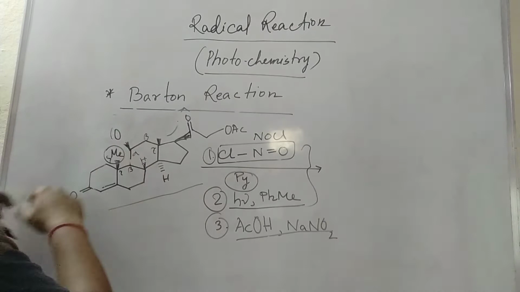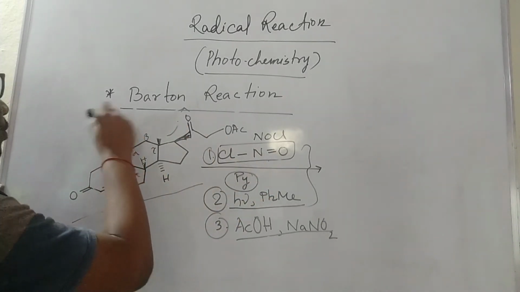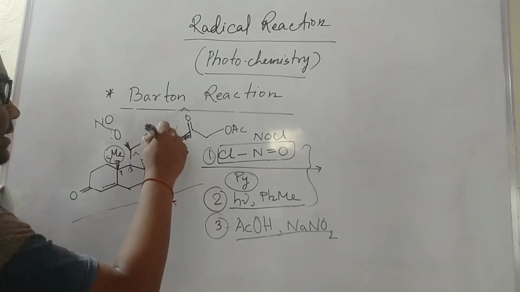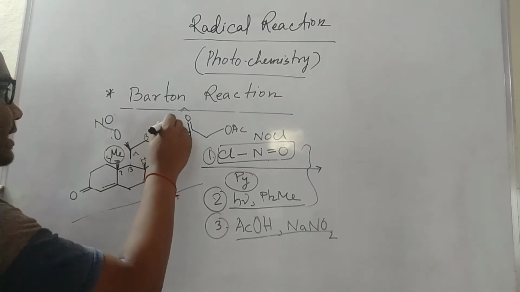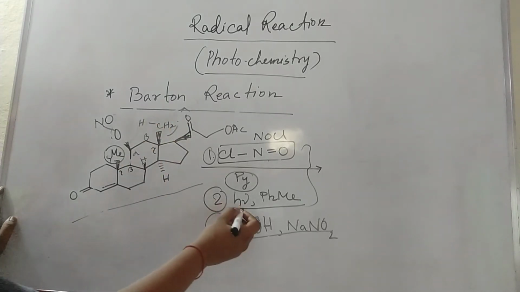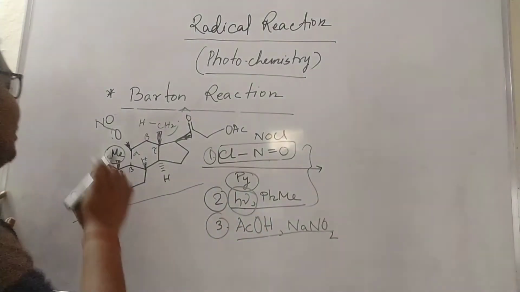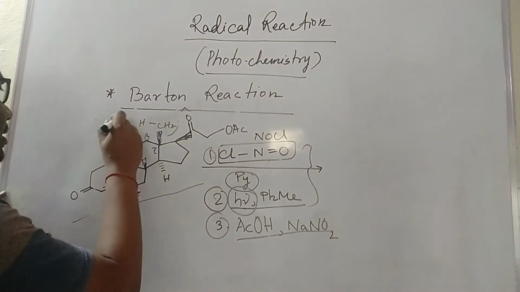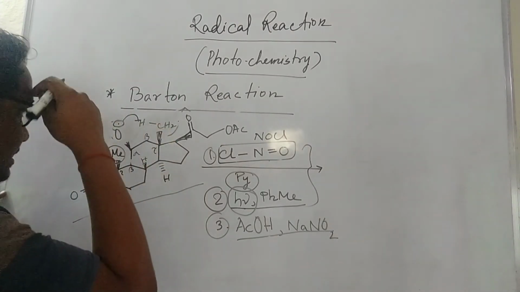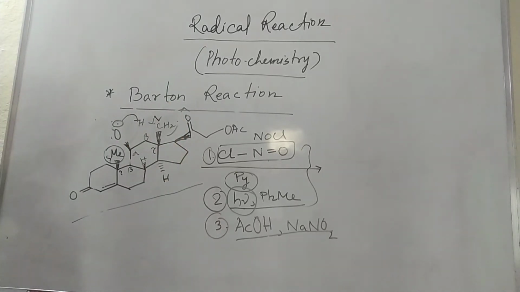See, you also see here I wrote like that. Here nitrite is there, no? So I wrote NO, bond O-N-O, and here I wrote CH3. So after giving HNO2, meaning the source of light, what happened here? O dot is coming, so that O dot would take this proton in a radical way. So here a CH2 dot will come.